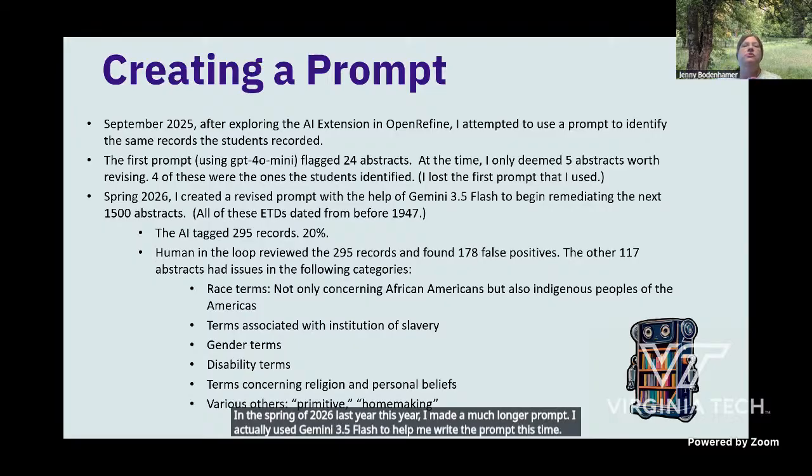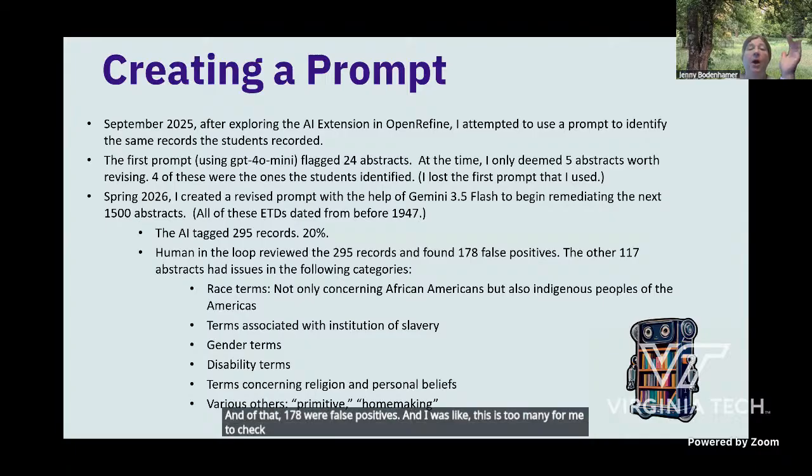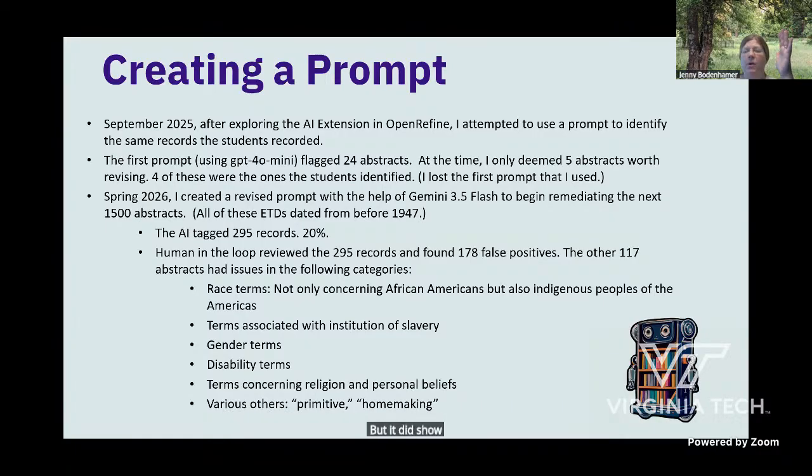And of a first group of 1,500 abstracts, it actually tagged 20%. And of that, 178 were false positives. And I was like, this is too many for me to check. But it did show me I was not thinking broad enough about what types of problems could be in those abstracts,